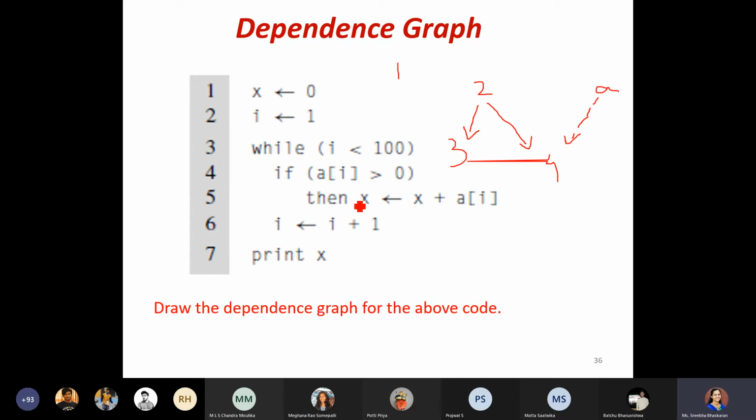So now moving on to the next, fifth line, which says x equals x plus a of I. So x is already initialized in node 1.